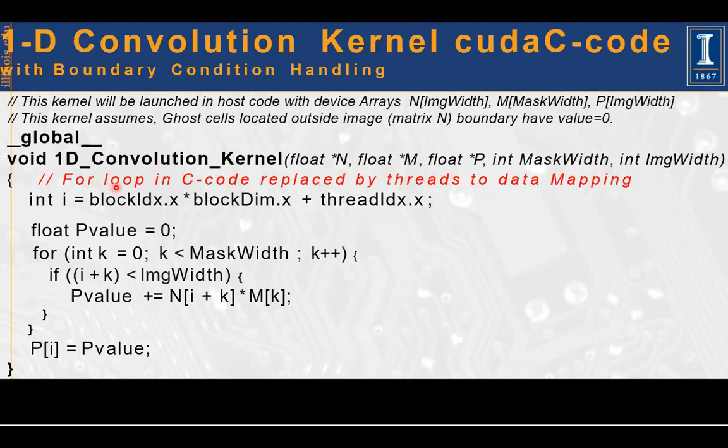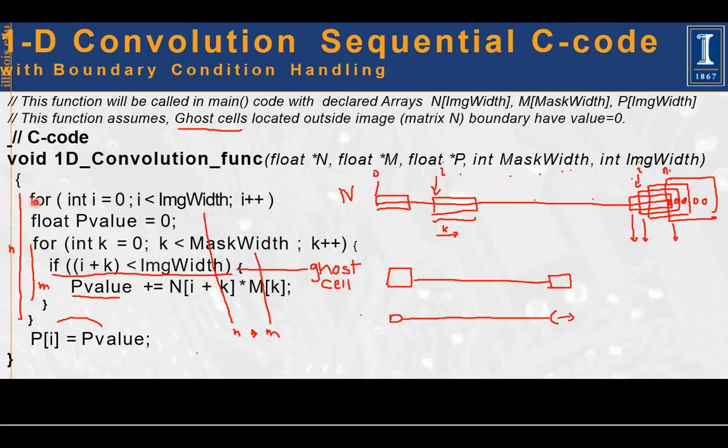Now, I say it is easy. If you know the solution in C code, it's very easy. You can convert it into CUDA C code. What do we do? Generally, you replace some kind of for loops by directly mapping the threads. So in this code, if we look at your C code, it had this big for loop here, very large. The data may be, as I said, of 1,000 elements here. So this for loop runs 1,000 times.